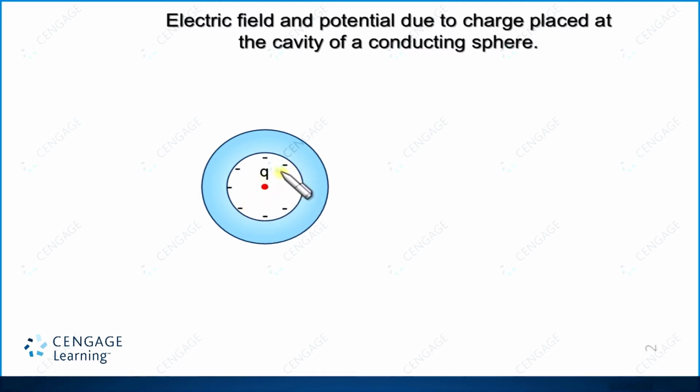For satisfying the conservation of charge, because the conducting shell does not have any charge, equal positive charge will appear on the outermost surface. The distribution of the charge on inner surface and outer surface should be uniform. Why? Because the charge placed at the center is symmetrical about surface number 1 and surface number 2.